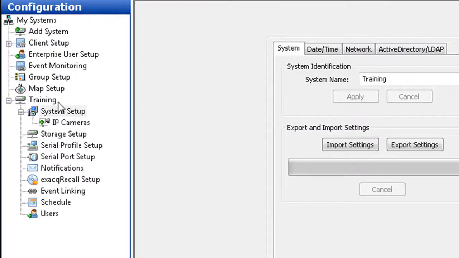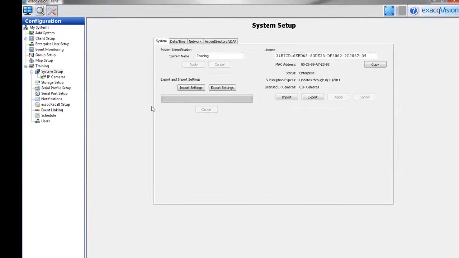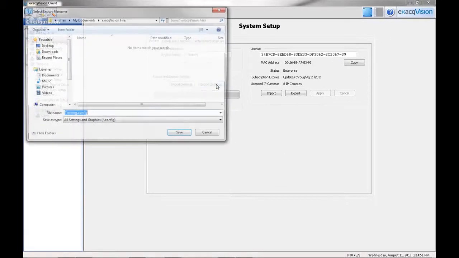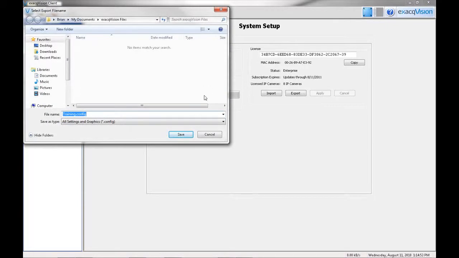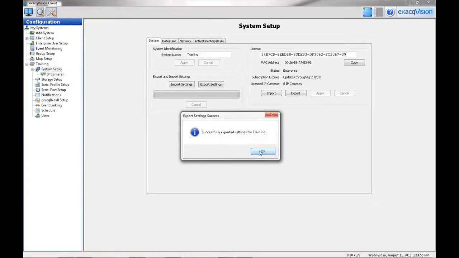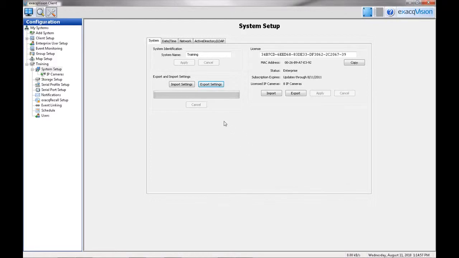After setting up your system, it's a good idea to export your system settings to a disk or USB key and store it in a safe place in case of a disaster such as a fire or hard disk failure. The exported system settings will enable you to quickly reconfigure your system to the original settings. If you have multiple sites that require similarly configured systems, the import setting function can also help you duplicate the